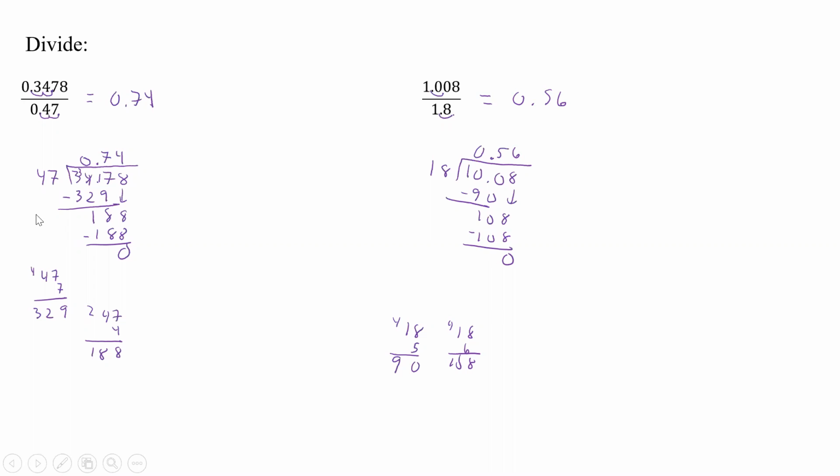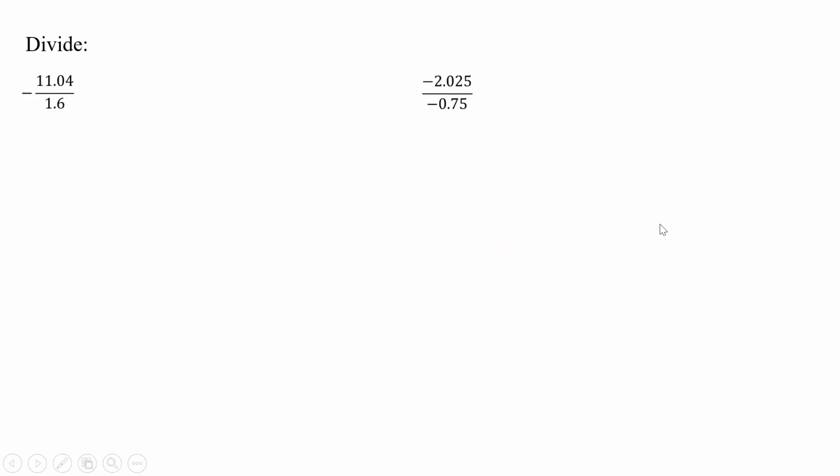All right. So that's how we have to do it when we have decimals we're dividing by. And so then when we divide by it, we end up moving it over until we get a whole number here and a whole number here. Then we're taking a whole number into some decimal, and that's just like we did at the very beginning. All right, so here's some more, and now we have some signs to include,